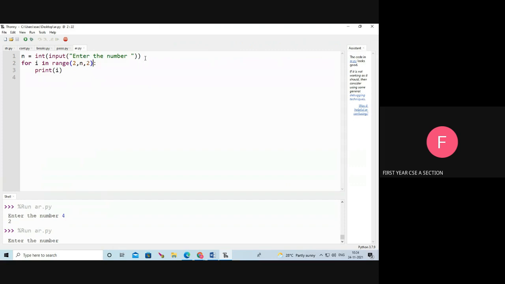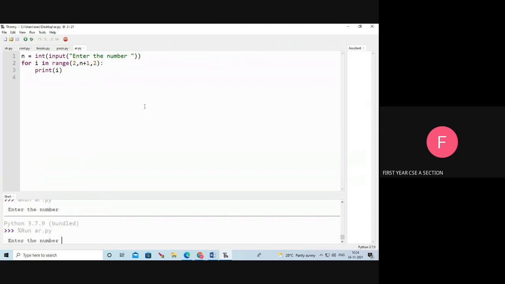Suppose I want to print the first 100 even numbers. So here n plus 1. I want to print the first 100 even numbers, so I enter the number 100.